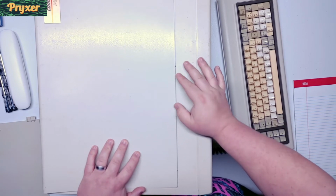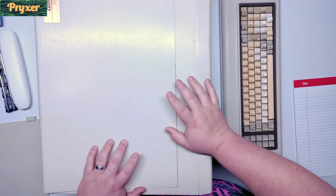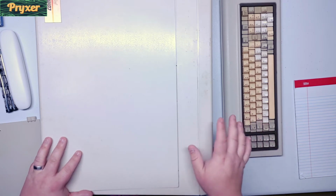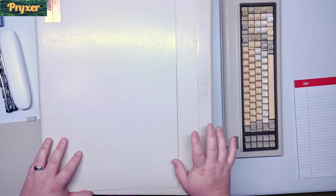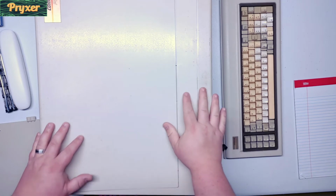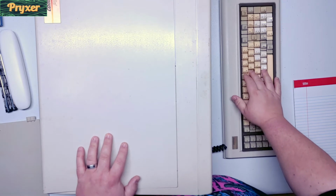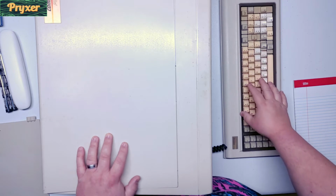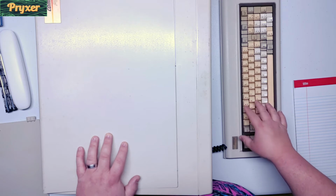Another challenge is going to be the keyboard. I haven't decided yet because the keyboards for the Compaq portables are kind of notoriously not great. The switches are a foil and foam switch, so there's no actual mechanical actuation to the switch, even though it kind of feels and sounds like it a little bit. I mean, kind of sounds like a dingy old mechanical key. They are a foam and foil, so